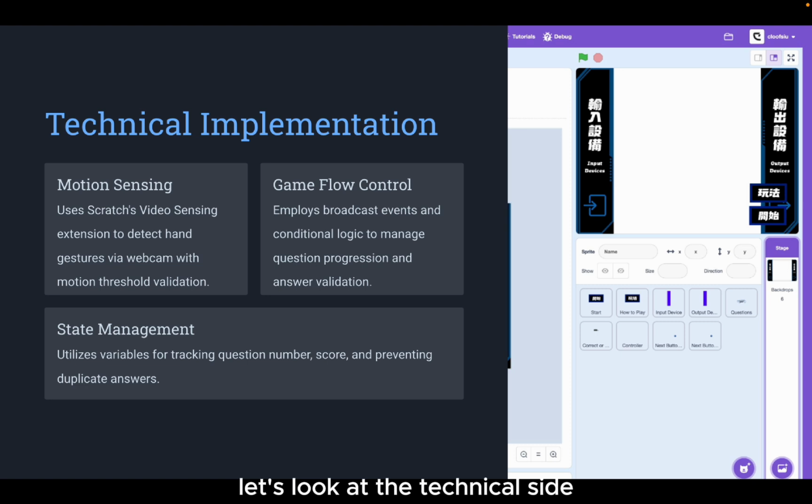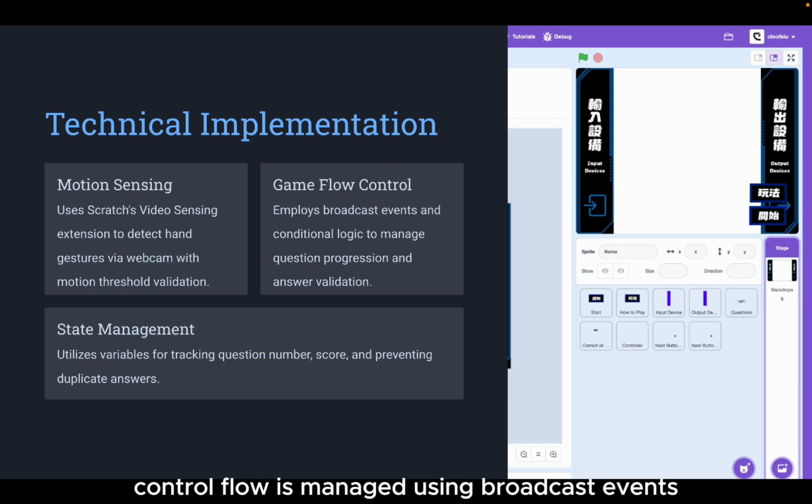Let's look at the technical side. The game uses Scratch's video sensing extension to detect hand gestures via a webcam. A motion threshold is set to ensure that only intentional gestures are counted. Control flow is managed using broadcast events and conditional logic. For example, when a question is displayed, the game broadcasts "you may answer," meaning ready to answer, and waits for the user's motion input. Variables like question number, score, and answered are used to manage game states and prevent duplicate